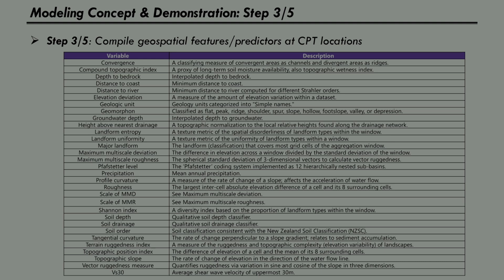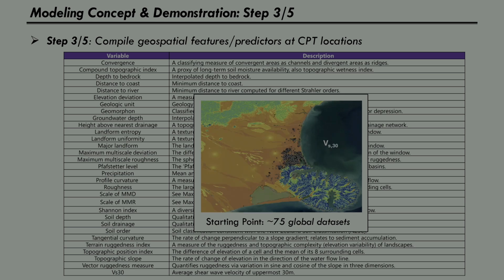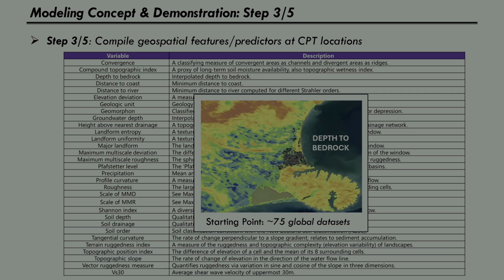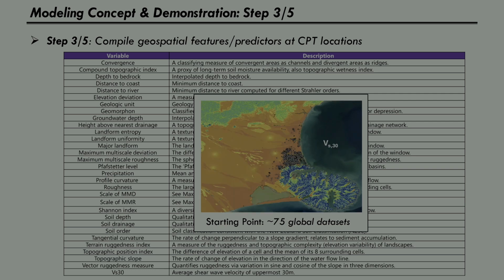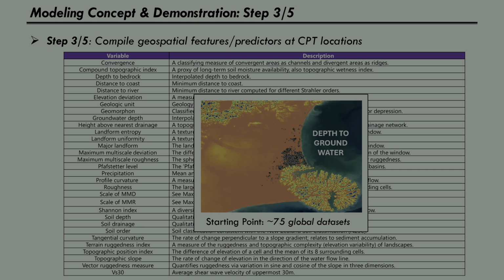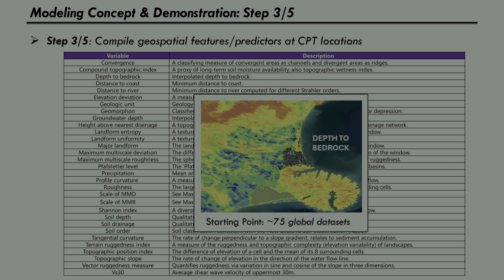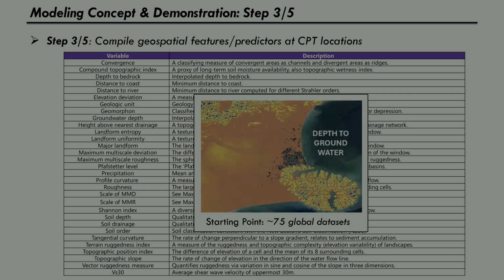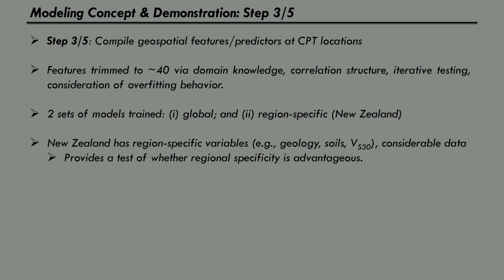Step 3 is to compile a lot of geospatial information. We start with a library of about 75 different features. These are all things that are freely available that would hopefully have some correlation to subsurface traits. So these would be parameters of geology, geomorphology, hydrology, topography, ecology, et cetera. We go through a feature selection process, recognizing that correlation is not always causation. Maybe we can use some of our domain knowledge to weed out some features. We usually end up using something like 35 or 40.